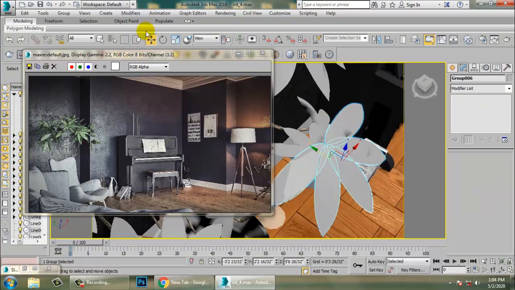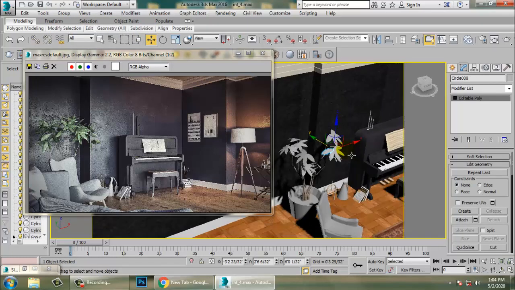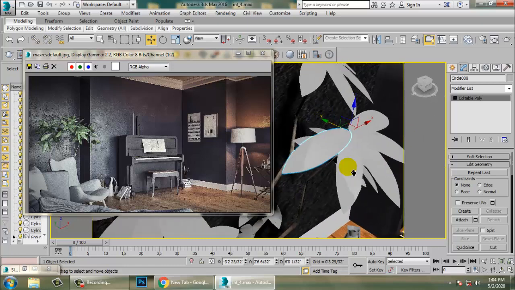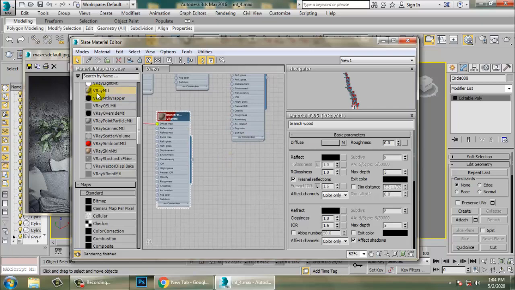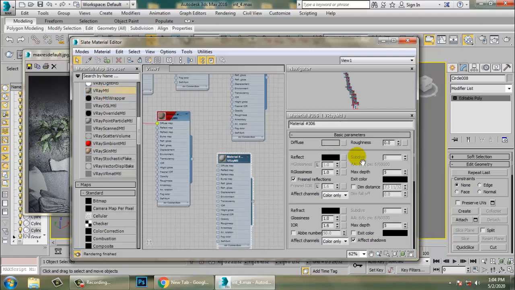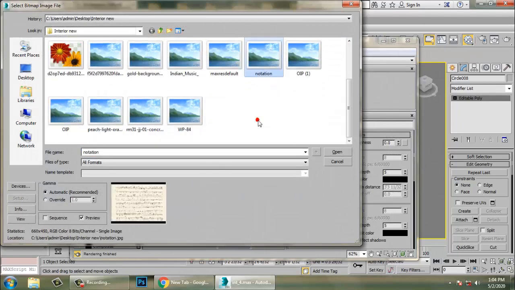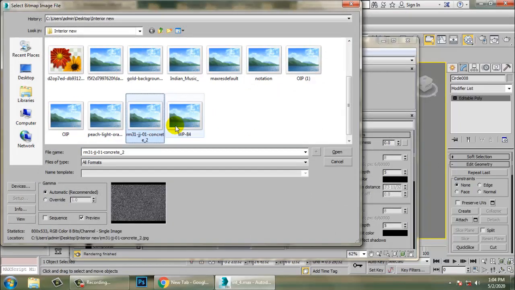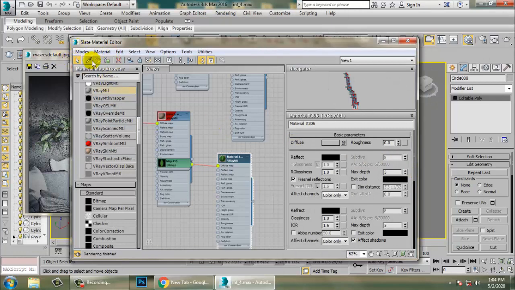So let's go into this, let's ungroup it. So let's take a material again over here. Take a V-Ray material, leaf. So I'm going to take a leaf texture over here. So let's take this, assign this material.